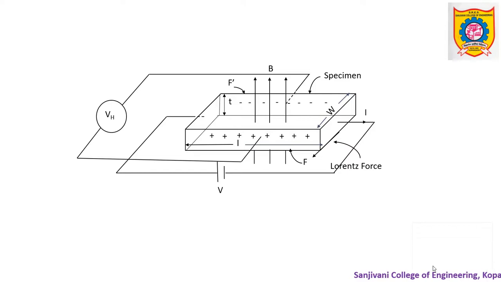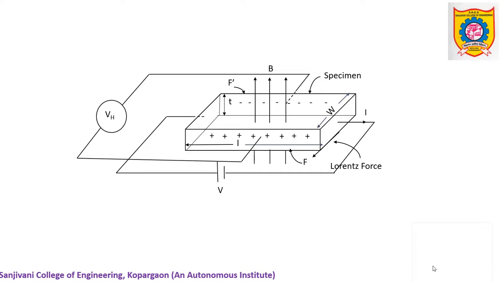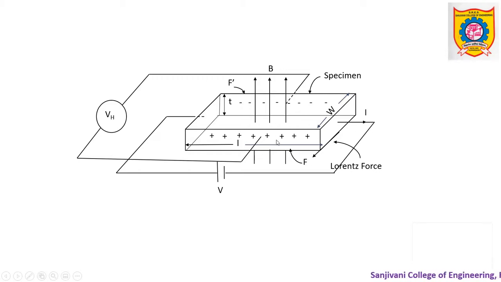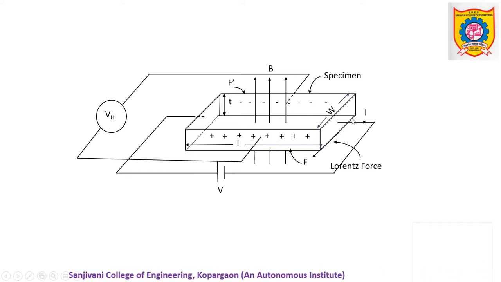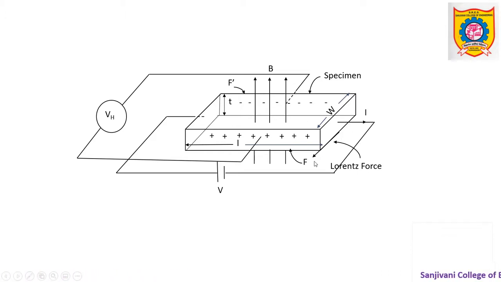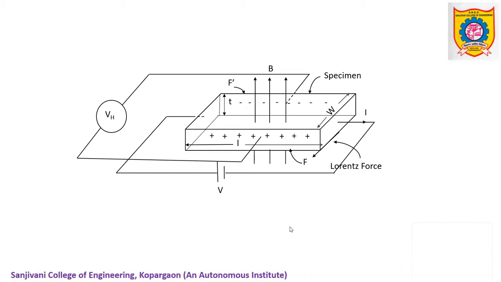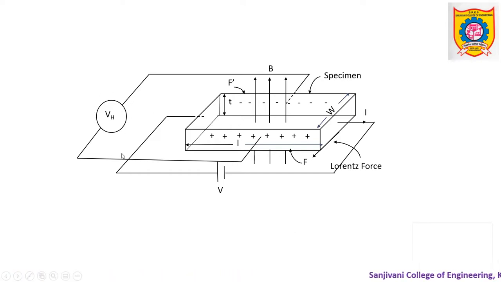In the last video we have seen some basics of Hall effect and Hall coefficient. So let us have a quick review of the same. When we consider a specimen either of metal or semiconductor carrying current I, placed in a transverse magnetic field which is acting perpendicular to the direction of current, an EMF is induced due to the force which is called the Lorentz force, and the direction of this induced EMF is perpendicular to both current and magnetic field. So this is the phenomenon of Hall effect. The voltage developed due to induced EMF is denoted by VH and it is called the Hall voltage.